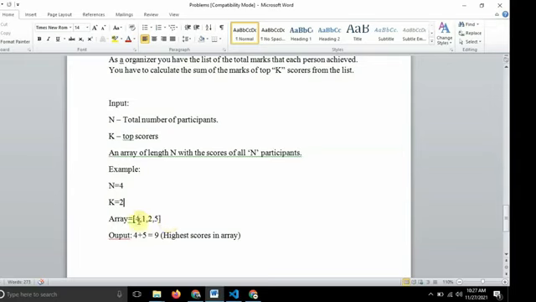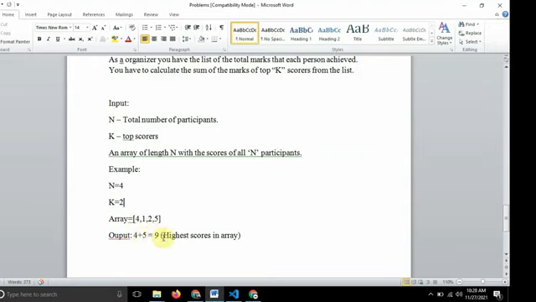First person got 4 marks, second person got 1 mark, third person got 2 marks, and fourth person got 5 marks. So you can come to know that the test was conducted for 5 marks maybe. That's why the highest scorer is 5 and the second highest scorer is 4. So we have to add 5 and 4 and return the sum,